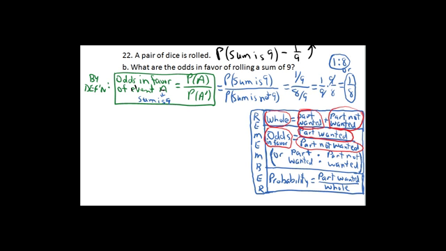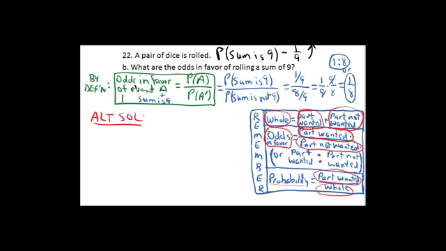Whereas a probability is always given by the part you want over the whole thing. When you're doing odds, it's the part you want over the part you don't want. So odds are part to part, and probabilities are part to whole, and that's the way I think of it. And again, remember, you can write odds as a fraction, or sometimes they write it with the colons. Either is equally correct. But the point is, going back to an alternate solution,